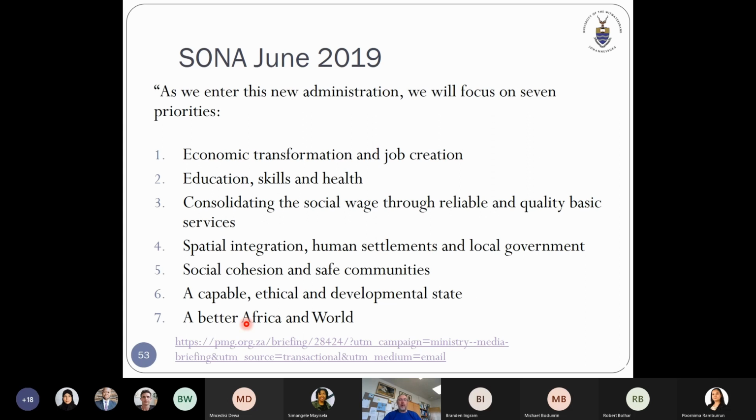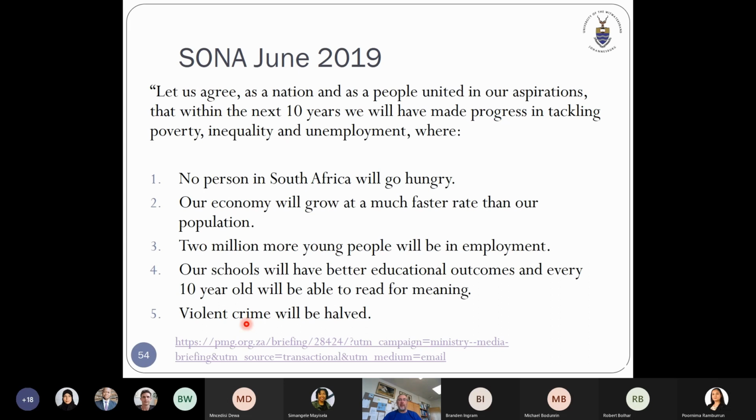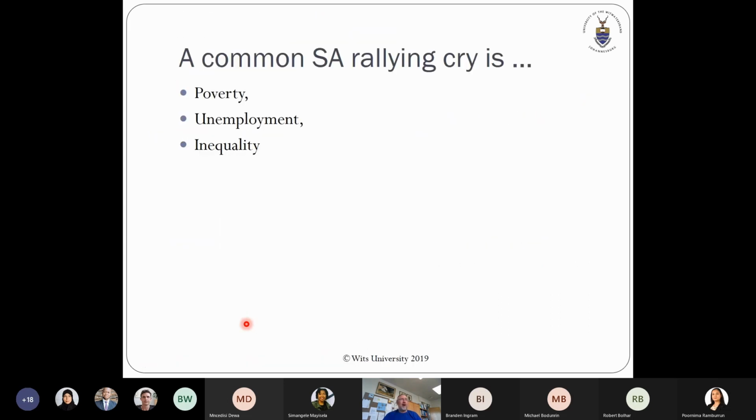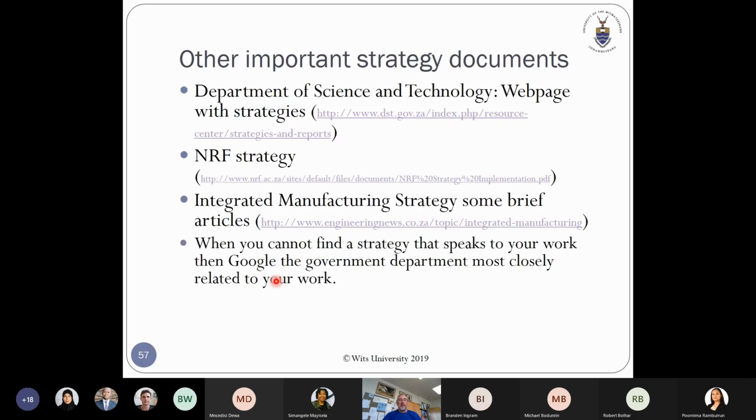I've got a couple of SONAs, the State of the Nation addresses, summarized. This is the 2019-20. I've not been able to find nice summaries for 21 and 22, unfortunately. And then the overall rallying cry is poverty, unemployment, and inequality. So can you talk about those? Will your research help those? That is always important. Other strategies,